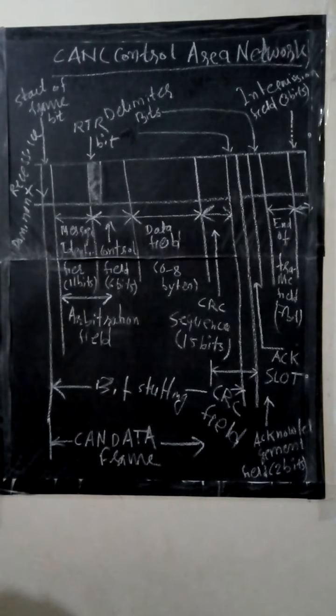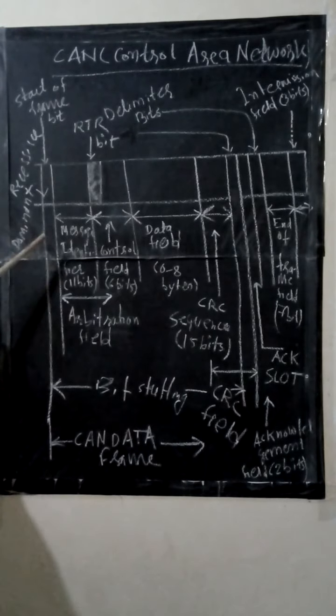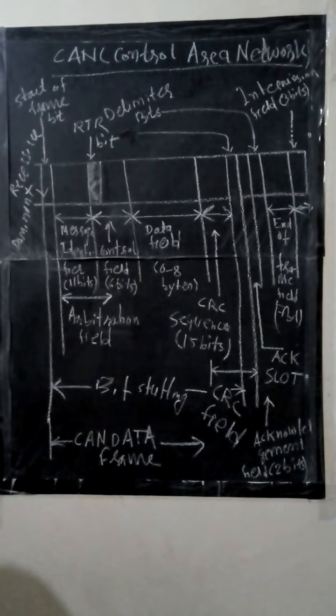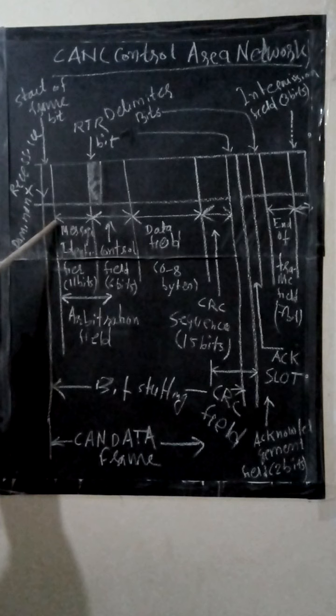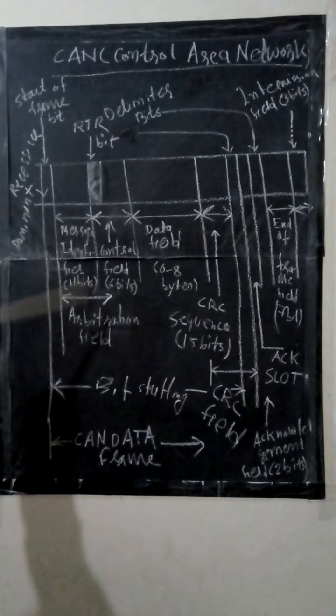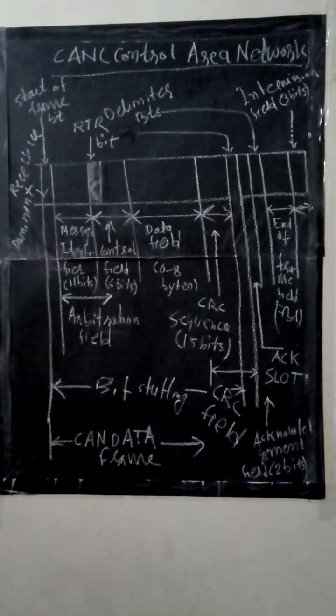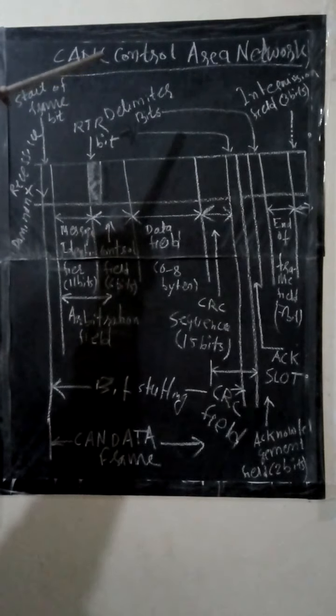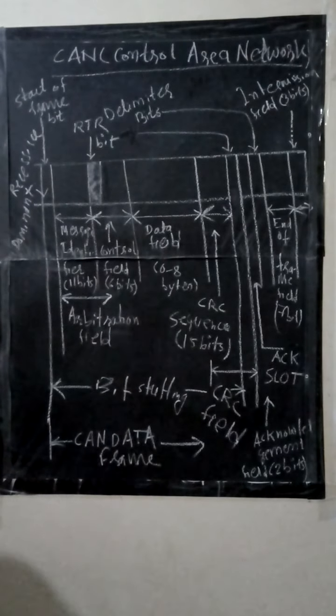CAN bus is a standard bus in a distributed network. It has a bidirectional serial line which receives or sends a bit at an instant, operating at a maximum rate of 1 megabit per second. The pair can run to a maximum length of 40 meters. This is all about the CAN, that is control area network.